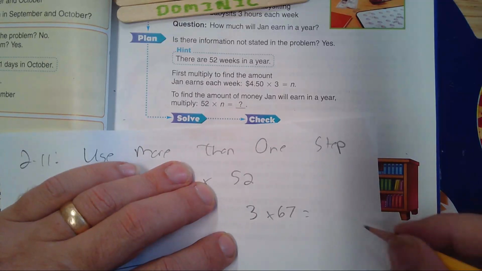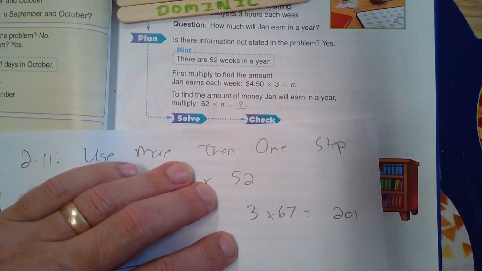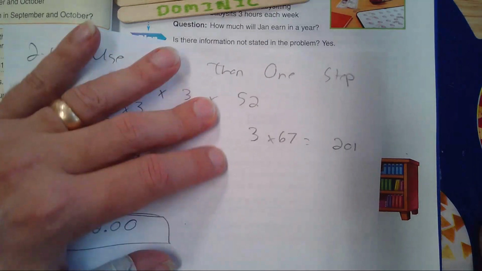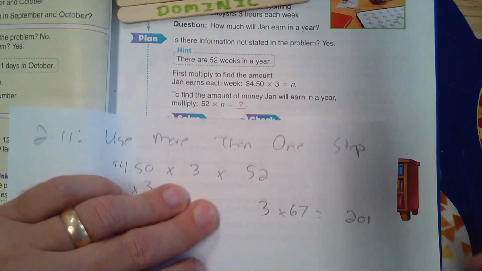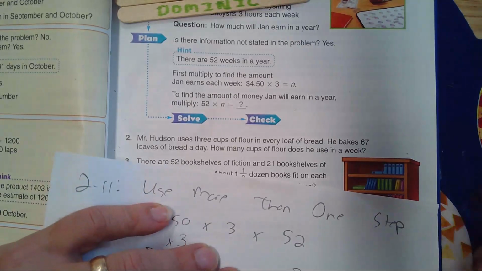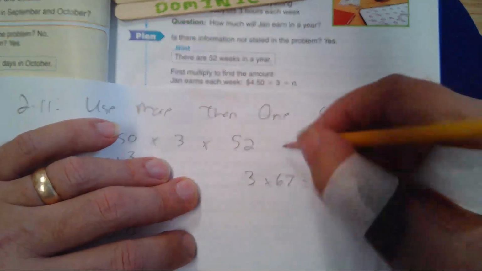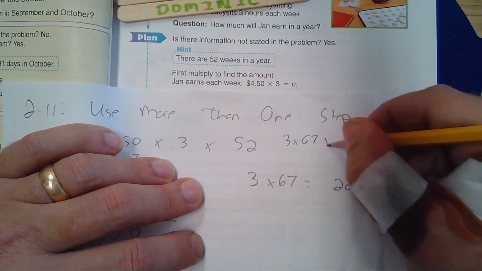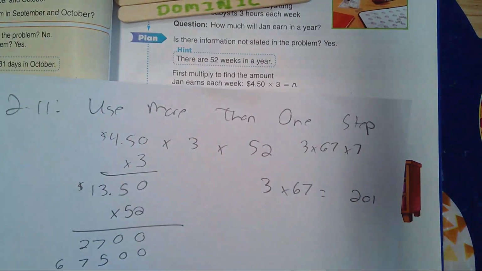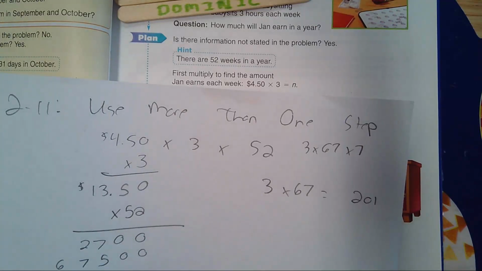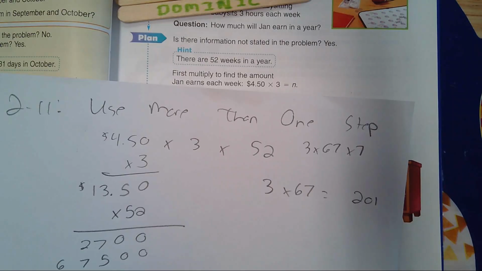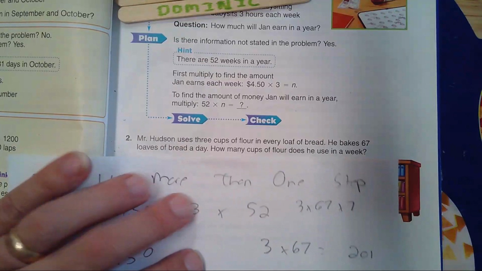Why did you say 7 times 3? That's 201 cups of flour a day. I did 67 times 3 and then that times 7. Yep, somehow, some way, you're going to multiply these 3 numbers together. The order you did it, perhaps it was different, and that's cool. If you got the right answer, I like how you did it, but logically thinking it out here, 3 cups